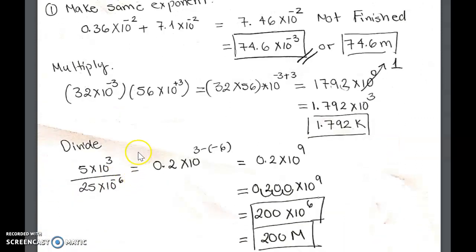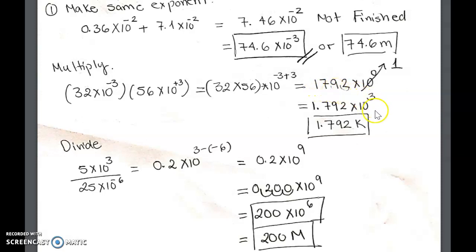Multiplication is the easiest of all. Here we are just going to multiply the numbers, 32 by 56. I'm going to get 1,792, and then I'm going to add the exponents. So -3 plus 3 is 0. 10 to the power of 0 is equivalent to 1. So my value would be just